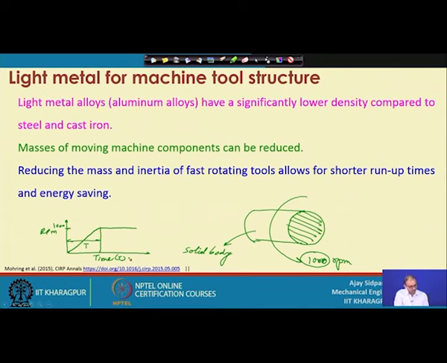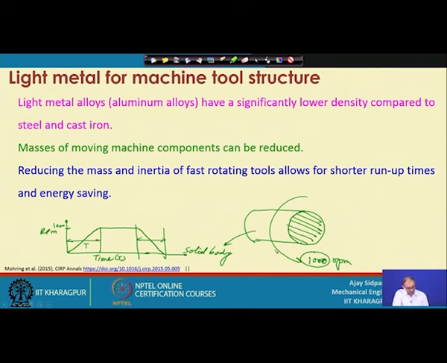Correct. Now, because it has its own weight, inertia plays a very important role. When you are rotating at a high RPM, you have to spend more time to reach that location, and the same thing applies for stopping it. If you continue this line and then stop it to the 0 location, again you have to spend a very large amount of time in this direction. But this is very important here.